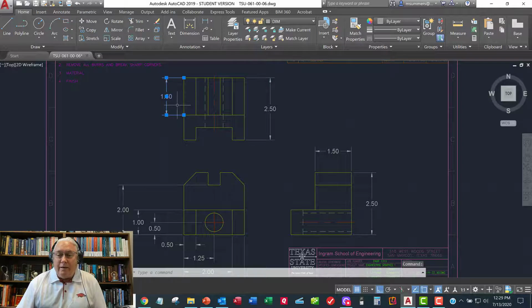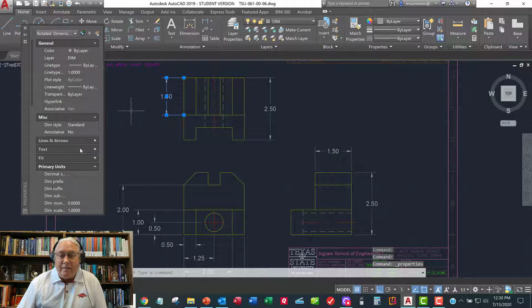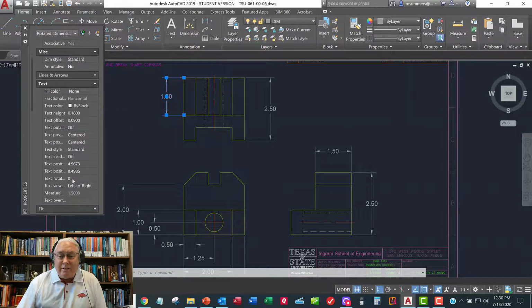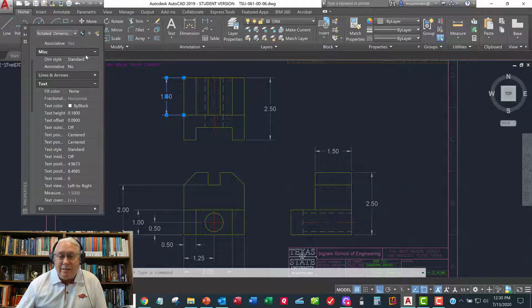So to make it a reference dimension, we're going to put parentheses around it. So I'm going to select the dimension, right-click, Properties, and go find the text of the dimension. And somewhere in here it says text override. If I type in forward bracket, in bracket, that just tells SolidWorks or AutoCAD, just put the number that's there. And I want to put a set of parentheses around that. Open parentheses, close parentheses. And what you'll see is